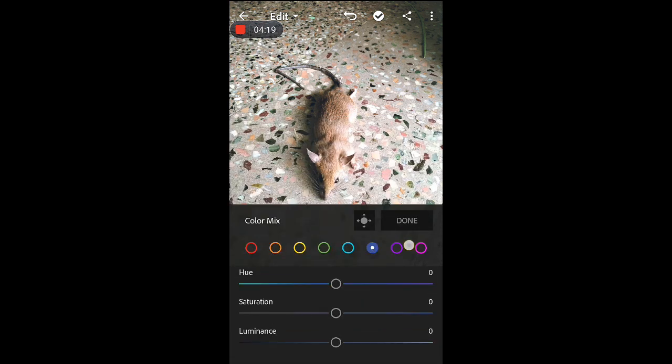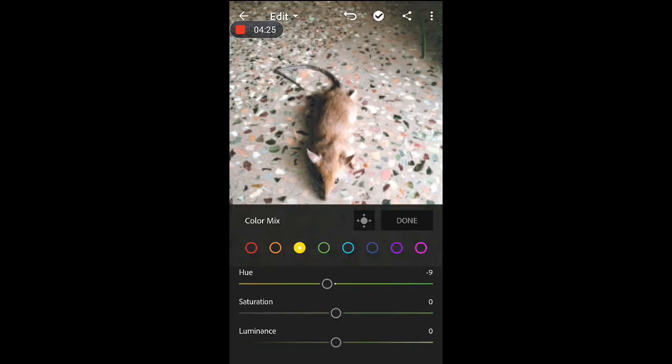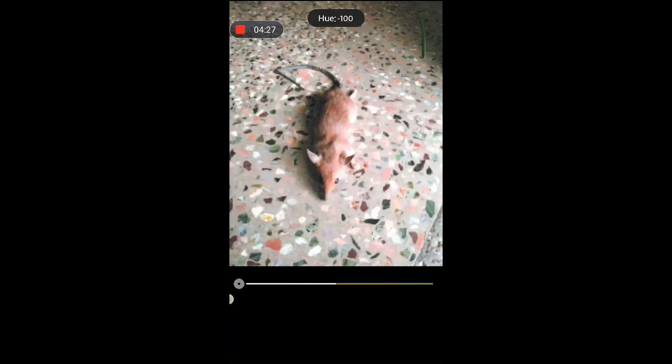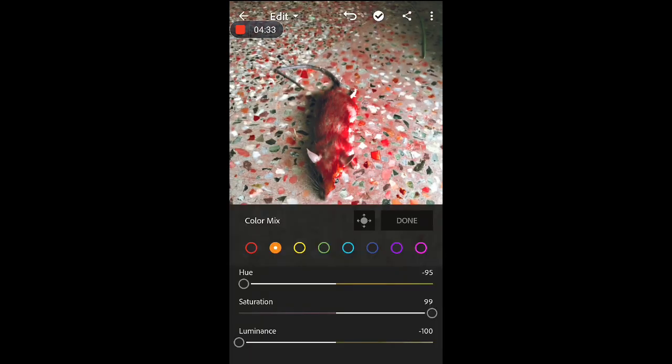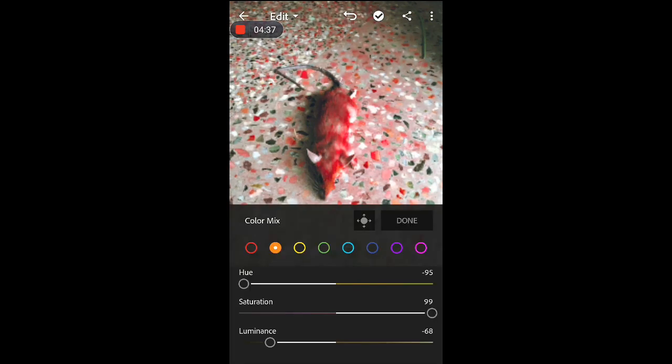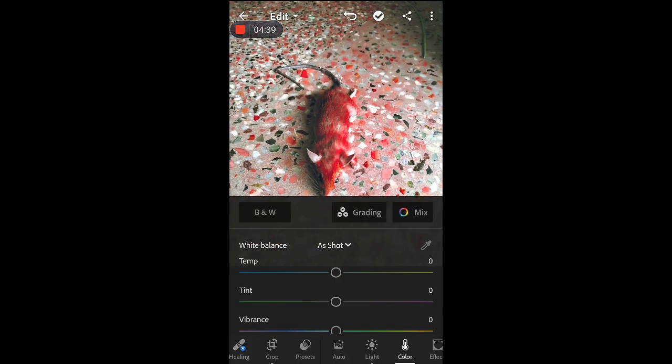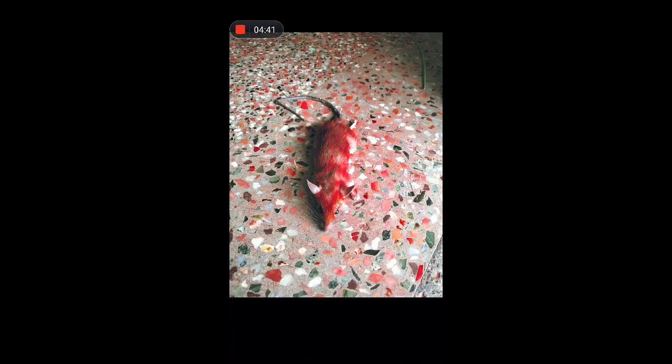And the next one is mix. This is the color changing mode. If you want to change the color, click one and adjust. Click to adjust. I click orange and adjust the button: hue, saturation, luminance. Click to see the color change. The color changed into orange color. Okay, next one is